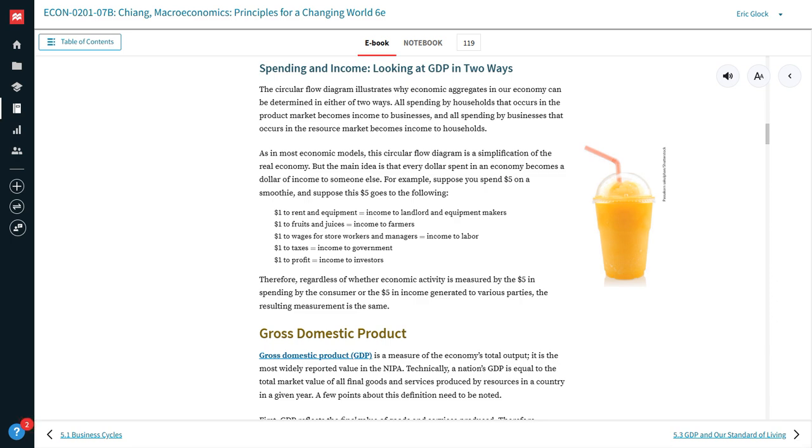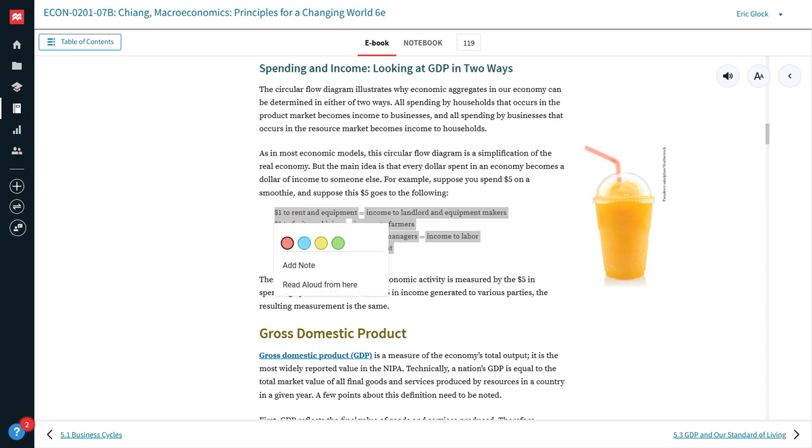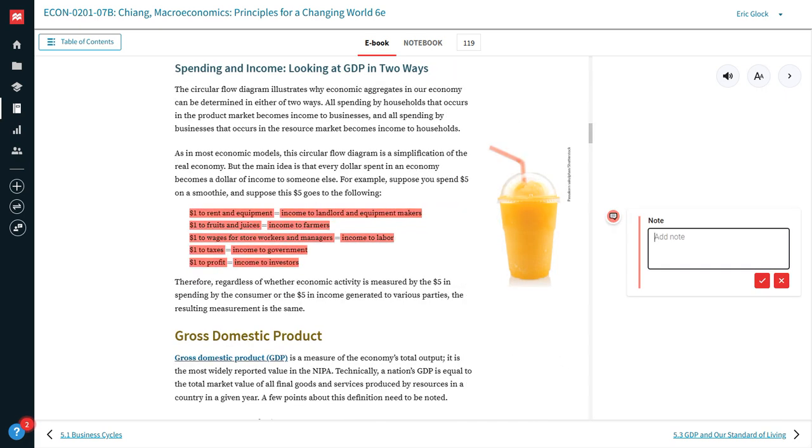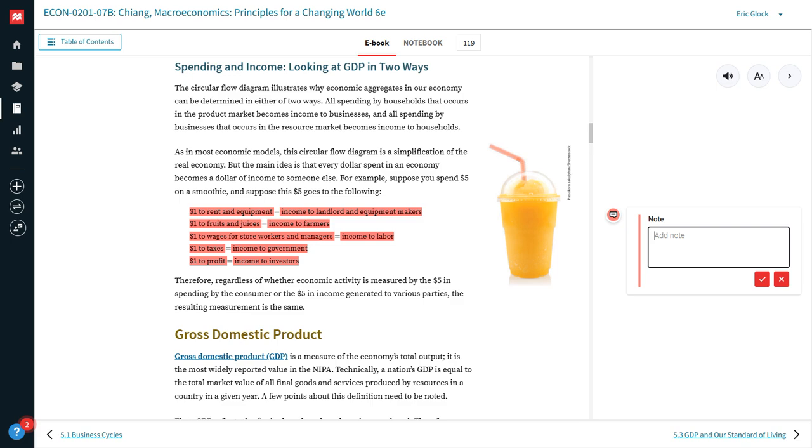that $5 is not going to juice. The juice is not getting the $5. The $5 is entirely going to other people. Okay? Now, I don't like this because it really should be simplified into